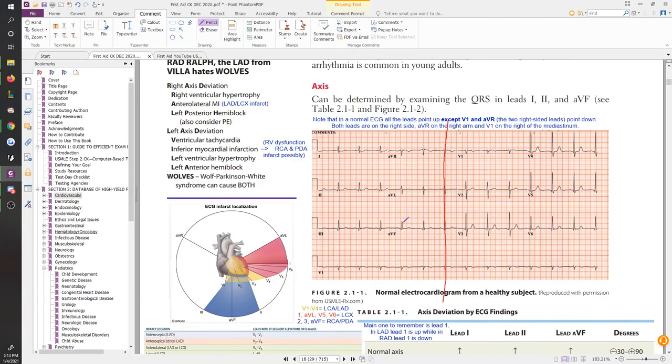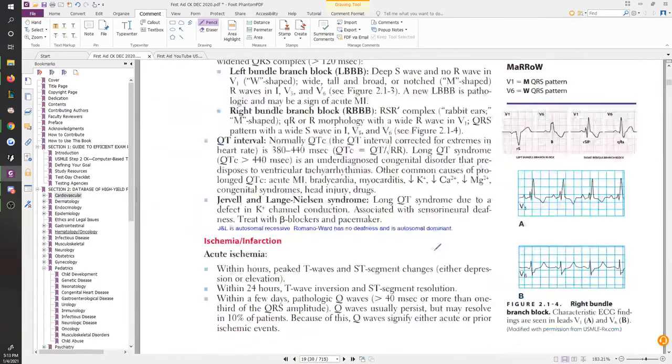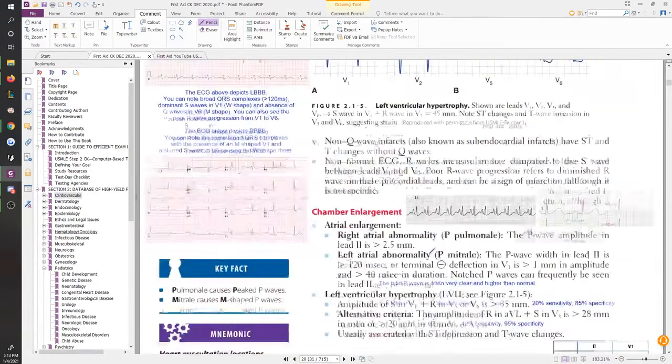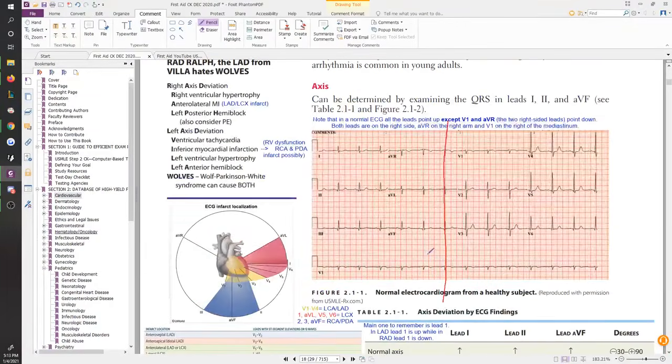And one of the quickest things you're going to want to make sure you glance over really quickly is something called the R wave progression. Right, so R wave progression. R wave progression is something that's going to be discussed pretty soon. It's coming up. But when we get to that, you'll see it. But right here, I can show you what R wave progression is. So R wave progression obviously refers to the R of your QRS.